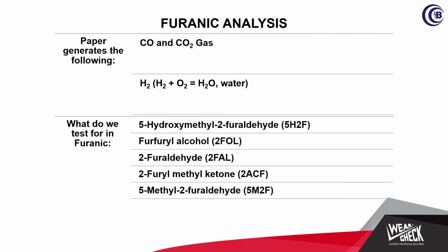Now, your paper, over time, and this is slow forming, this is not happening overnight. The paper should last 45 years, so over 45 years it will break down. It's quite a long time, but in that 45 years, paper generates CO and CO2 gases. So the ratio that we are looking at in a transformer for CO and CO2 can also come from the paper. And in the past, those ratios were recommended for when an actual DP test should be done. Now we can do a furanic test, but that's where the CO and CO2 ratio comes from, the two gases